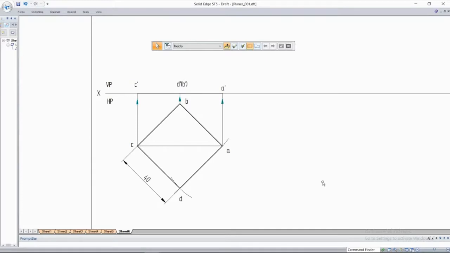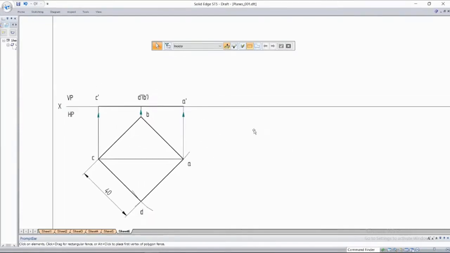I'll wait for a minute, then I'll move on to the next step. So let me move on to the next step. Next step, the surface of the lamina is inclined to HP at 30 degrees.